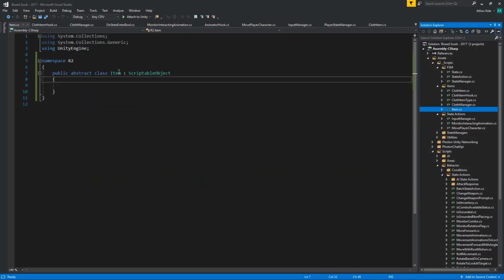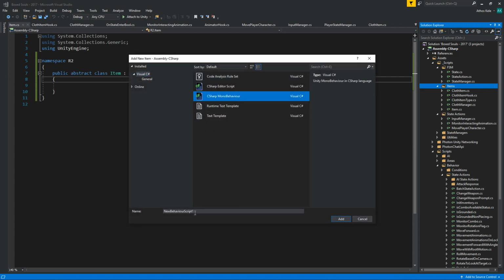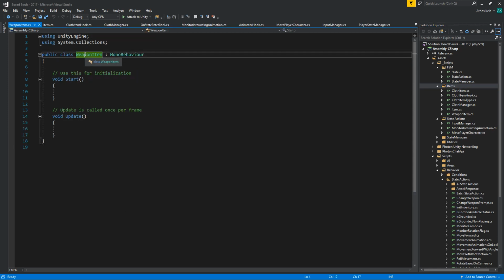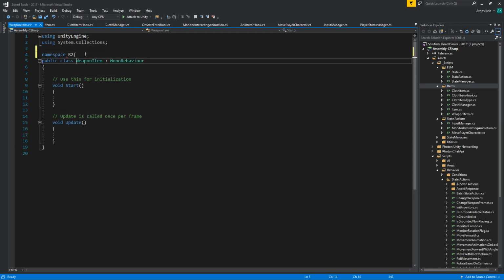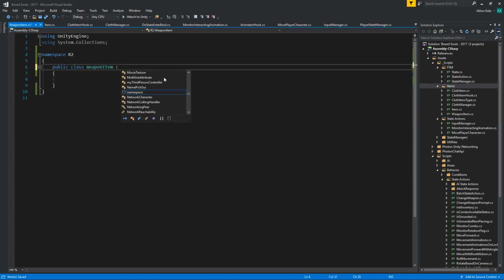So let's go on to our items. So we have our base class for items, which we're going to be using for working with the resources manager later on. We don't really care right now. So the same way we did that for the cloth items, we're going to do the same way for a weapon. So we're going to say weapon item, and let's make this derive from item, then create asset menu, menu name, R2,